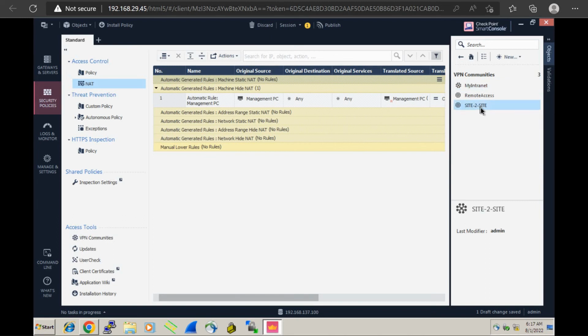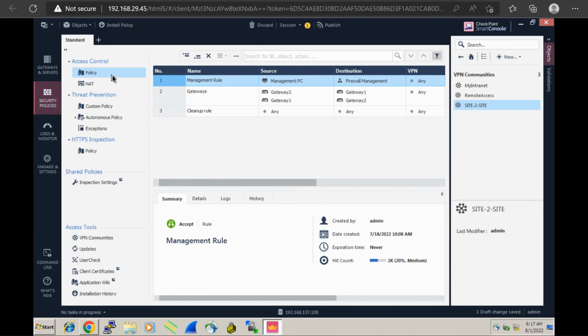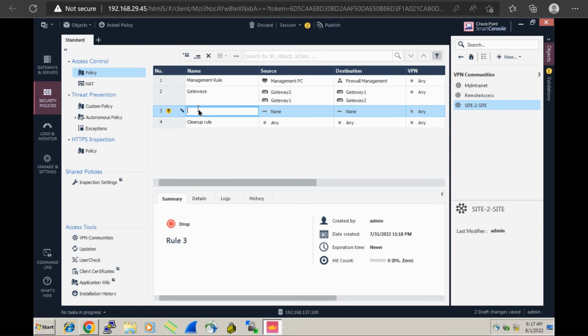So now we have created an object for the VPN community. Now we will create a security policy, and we will use this site to site in that security policy. So let me add a rule here. Now we will say that this is VPN traffic. For that, first I have to create the objects, because I have not created them. Let me go to the new network,